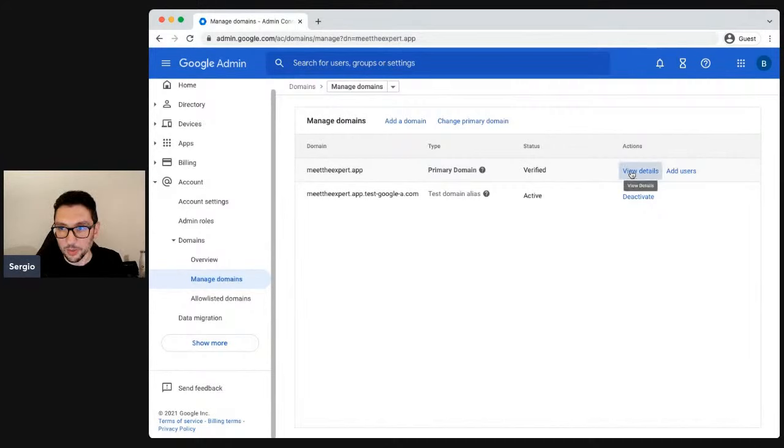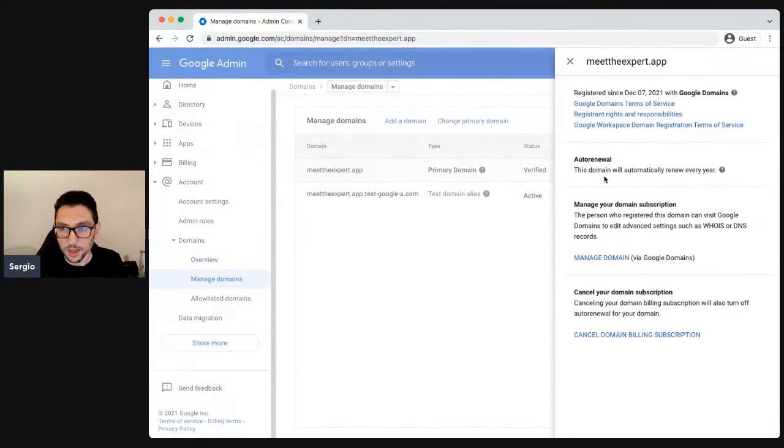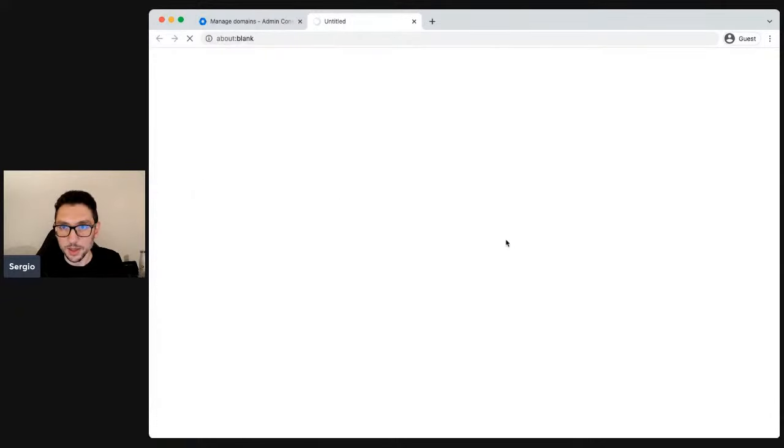If we click on View Details, we will see a right panel showing up with additional details, and in particular, among here, we have the details for how to access the DNS console from the registrar. In this case, the registrar is Google Domains, and so we only have to click on the Manage Domain link here. I'm gonna click it, and it's gonna open a new tab with the Google Domains console.